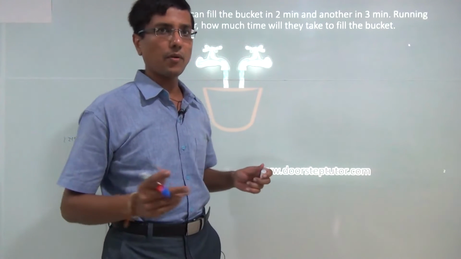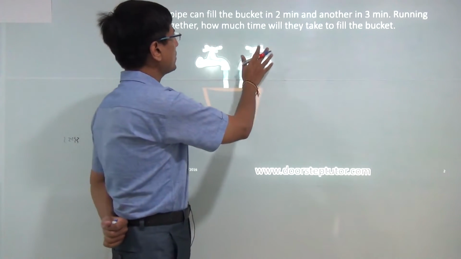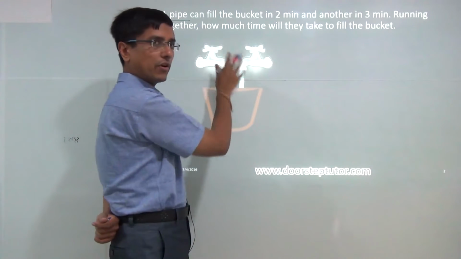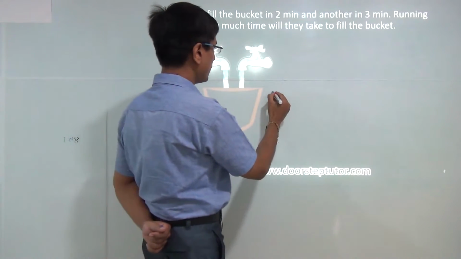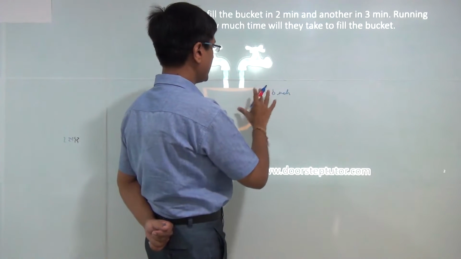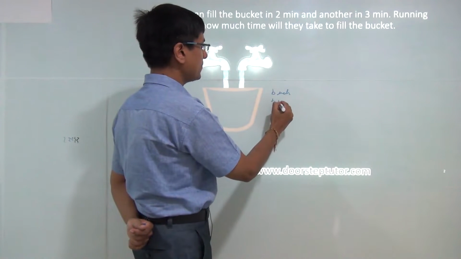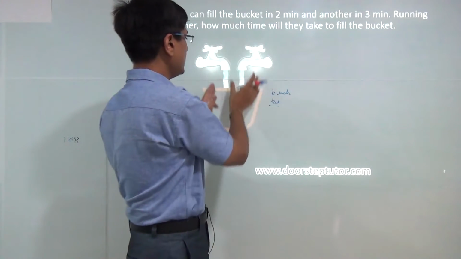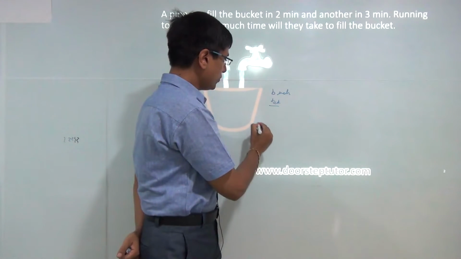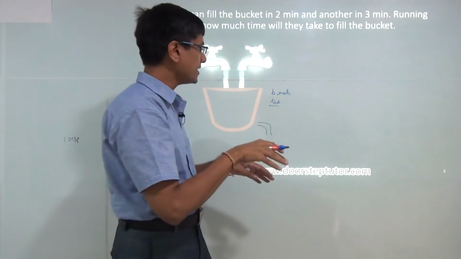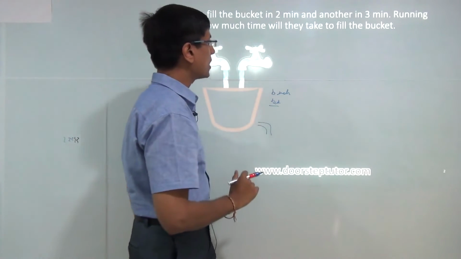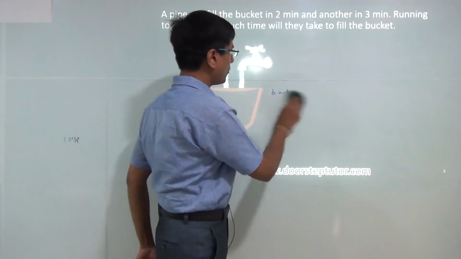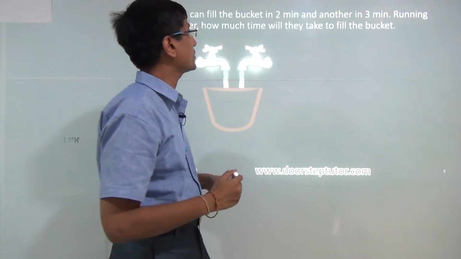So let's take a typical problem, a very typical problem. What are we given? In these kinds of problems, we are given a combination of pipes or taps which are filling a certain number of buckets, any kind of container, tank, etc., at a certain rate. There is usually a combination of these inlets involved, and there can also be a certain number of outlets, through which water can come out. This is a very typical problem, asked in all competitive examinations which have an aptitude section.